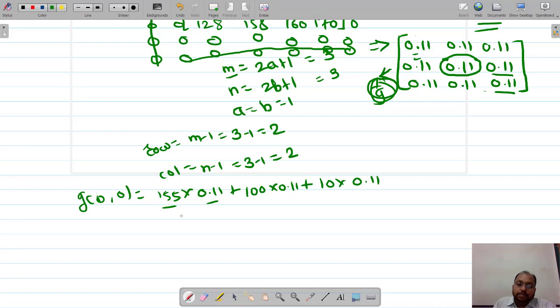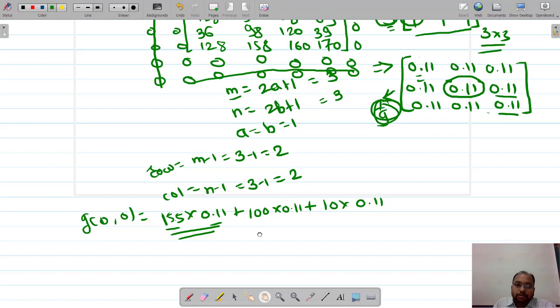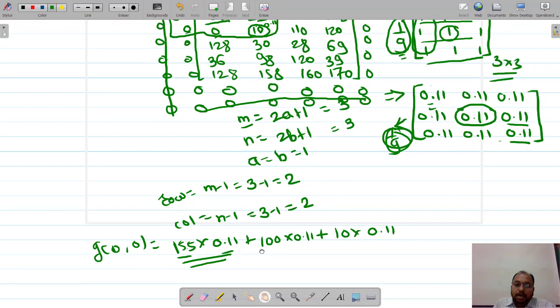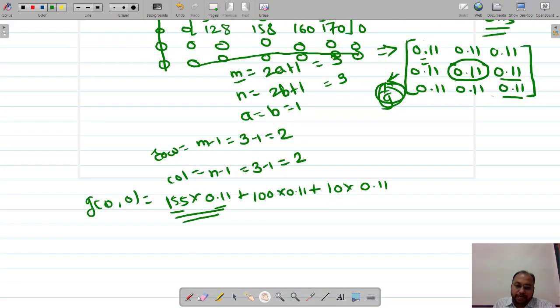Then we are taking the sum of products, right? So the pixel value 155 will be multiplied with the weighted sum. Therefore it is called weighted average filtering,